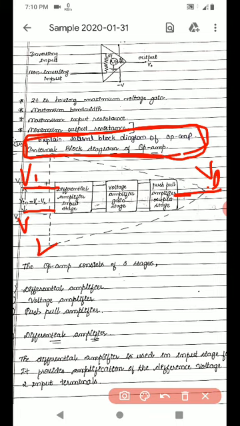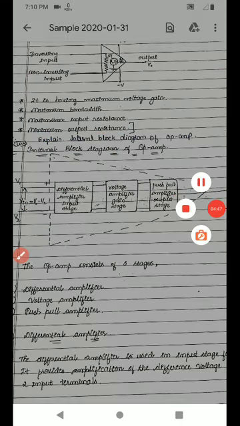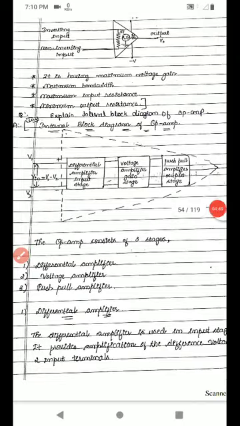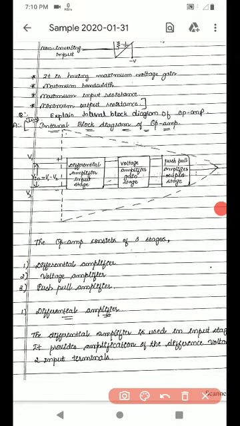Here V1 I can give as plus, V2 as minus. There is no need that always V1 will be minus and V2 will be plus. We can interchange. For your reference, here V1 will be given as the plus terminal input, V2 will be given at the negative terminal input. That is, V1 is non-inverting, V2 is the inverting terminal. Hence combiningly, if I want the overall input, Vi will be V1 minus V2.